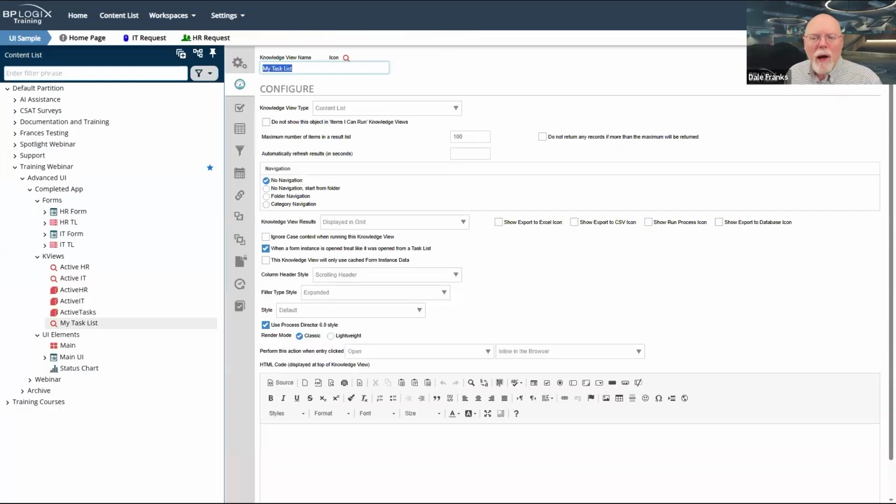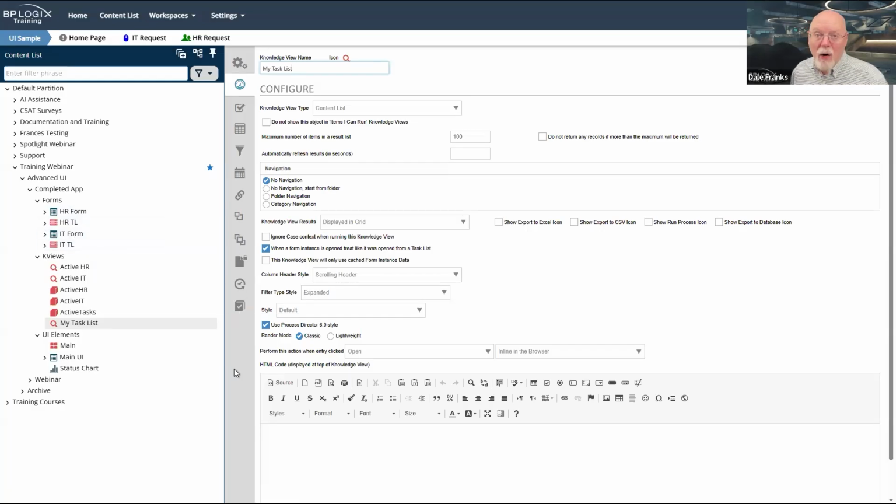But that's not what I want to do with this knowledge view. I don't want to show all of my tasks that exist everywhere in the system. I only want to show those tasks that are relevant to this workspace. So basically either my HR or IT timeline tasks. Those are the only ones I care about.